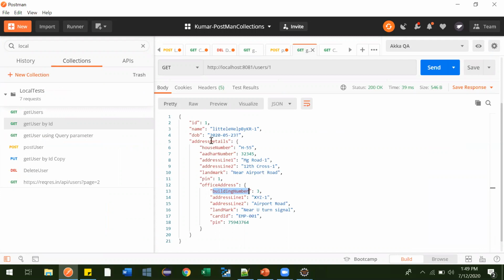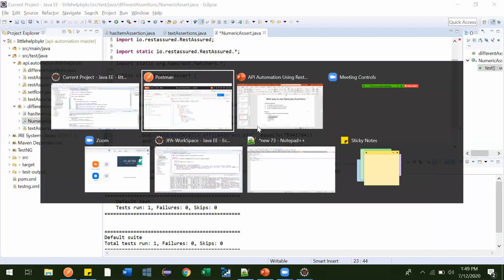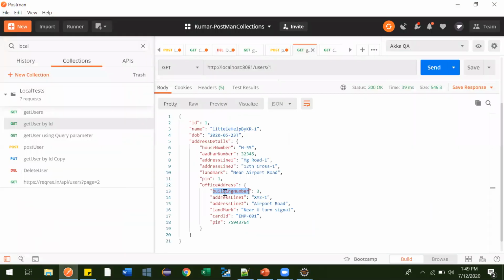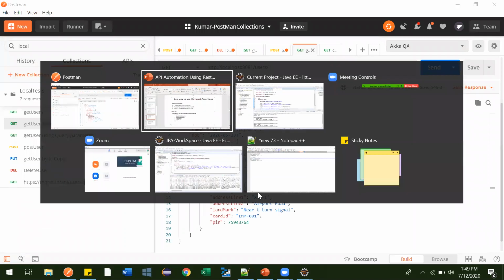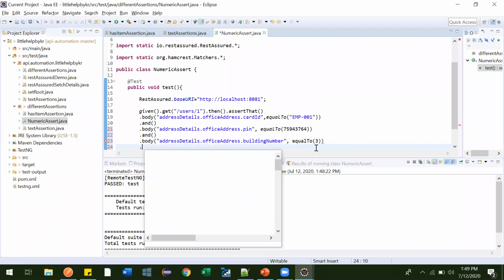Let me copy this. The value is currently 3. So dot building number, and it should be equal to 3. Perfect, right?